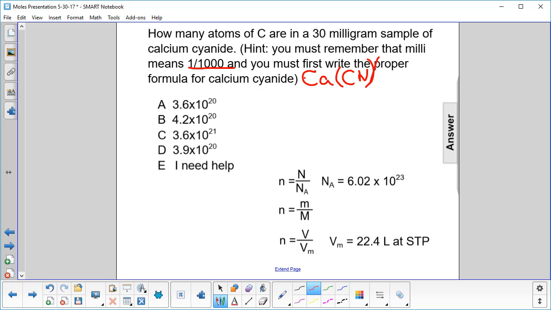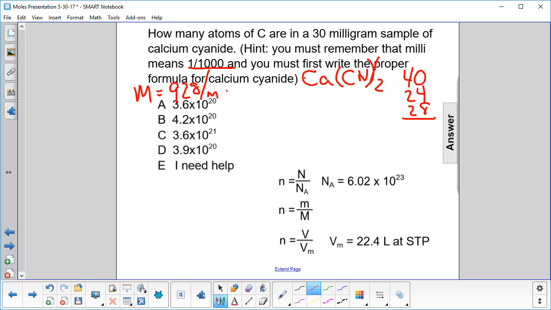So let's put parentheses there, 2 down here. So let's first find the molecular mass. So calcium, 40 AMU, which we just change over to grams per mole. Carbon, there's 2 carbons, so 2 times 12 is 24. Mass of carbon, of course, is 12. Nitrogen, the mass is 14. We have 2 of them. Add all these together, and we get a molar mass, and we'll put that over here, of 92 grams per